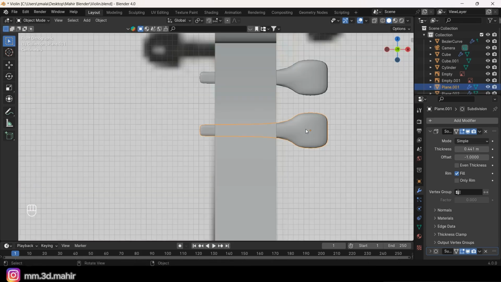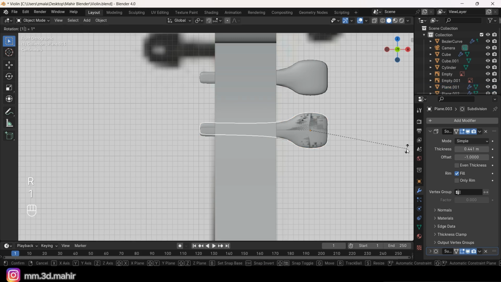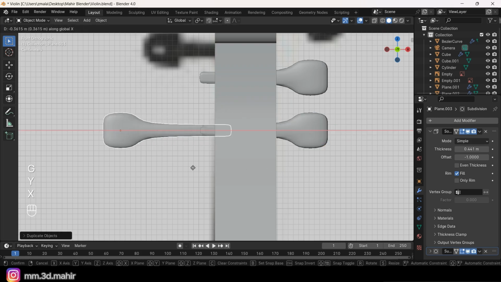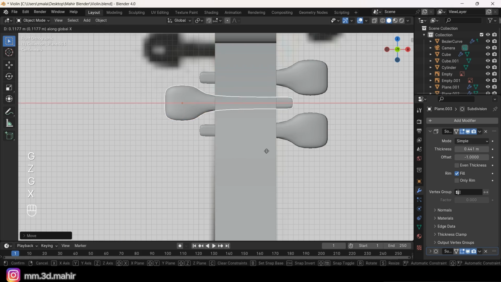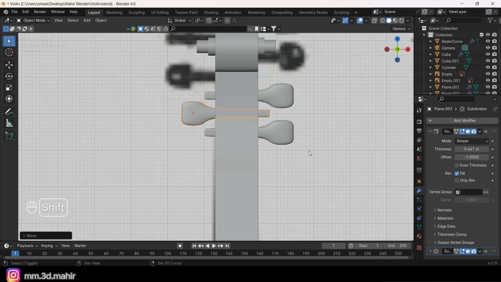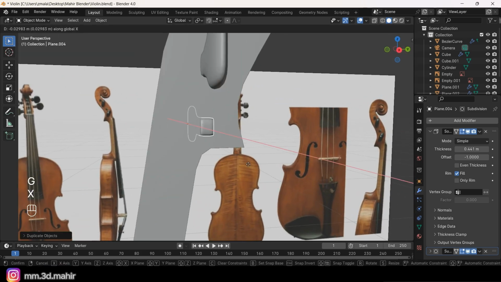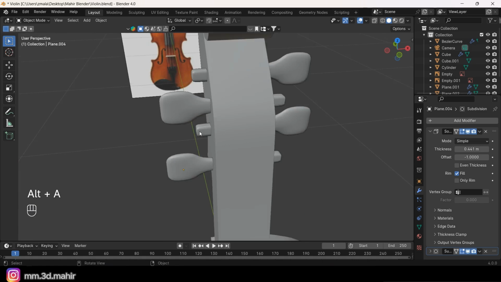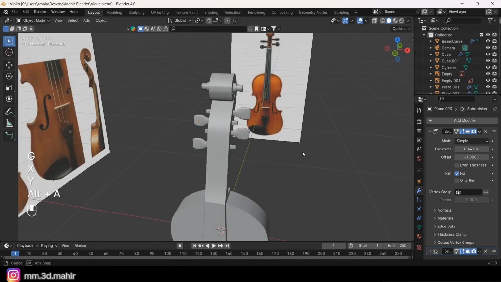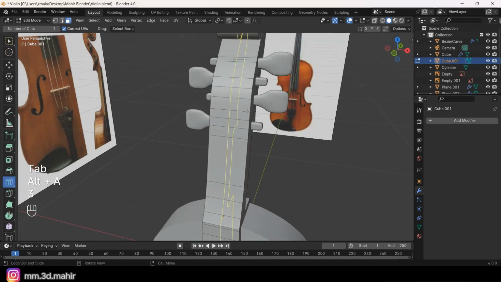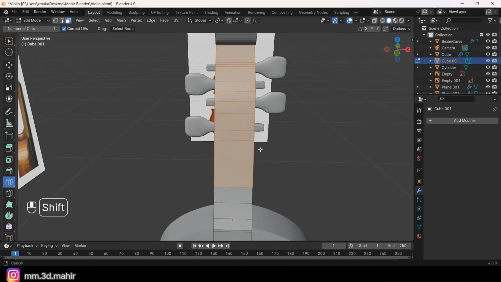Then to make these things, go to this part, duplicate it and rotate it at the y-axis 180 degrees. Then move it over here, then place it to its place, and then duplicate it like this. Like this. So now select this thing, then select these parts,